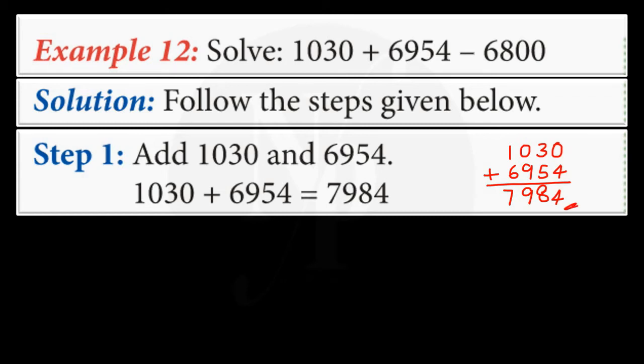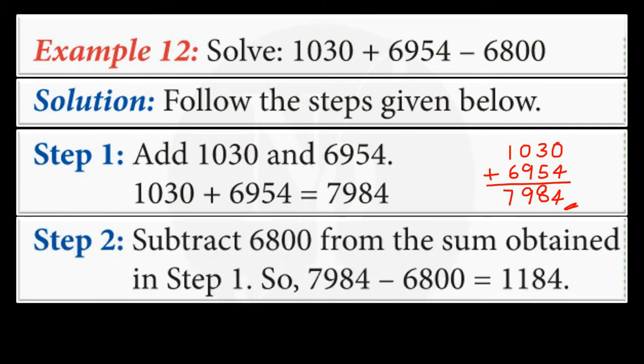Let us proceed now. Step number 2. Subtract 6800 from the sum obtained. The sum obtained is 7984. We need to subtract 6800 from 7984. So on subtracting we get